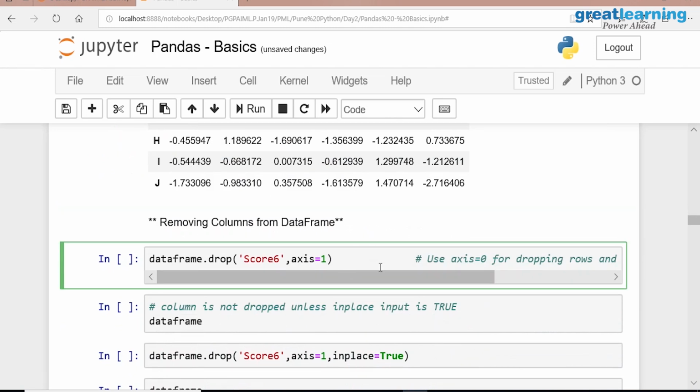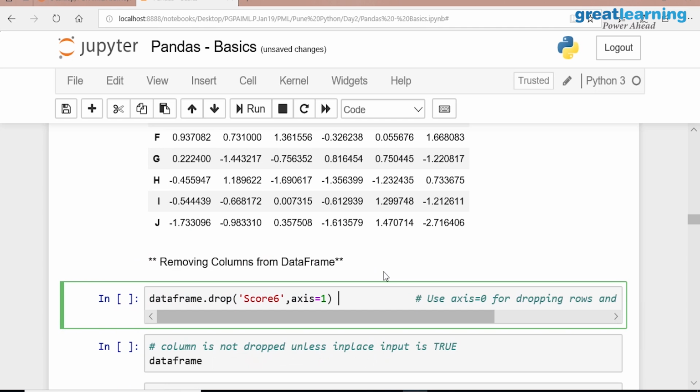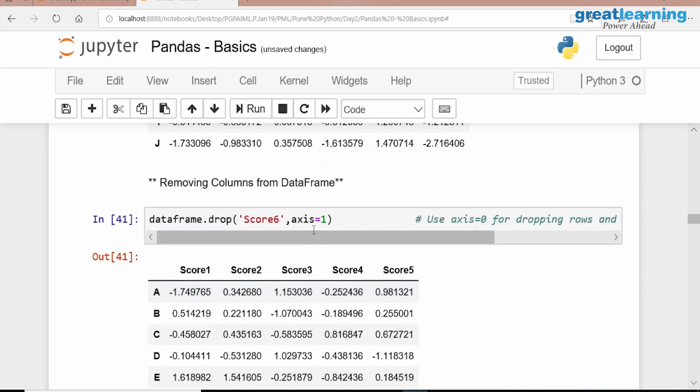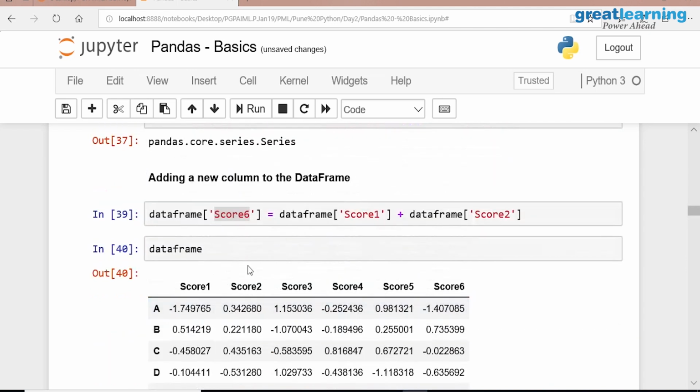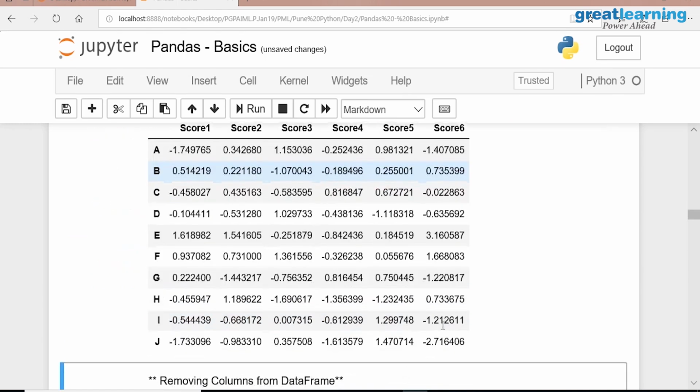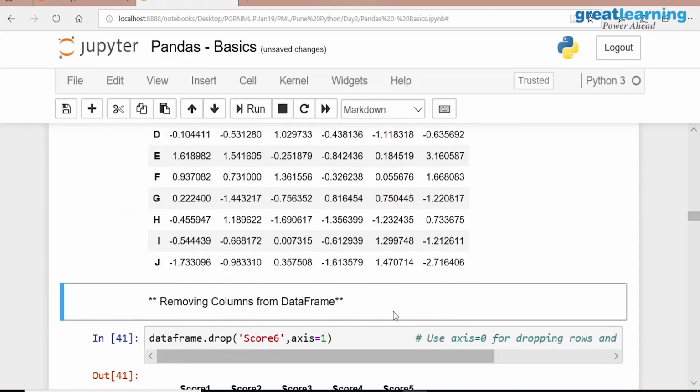And I can drop a column also. How to drop a column? Drop. Now what has happened? There is no sixth column now. I have added a column, I can even drop a column. But if you look carefully, if you go and ask again for the data frame, if you just list the data frame, you are getting all 6 columns again. That means it dropped and created a new data set for you. It didn't modify the existing data frame. It has created a new data frame here.